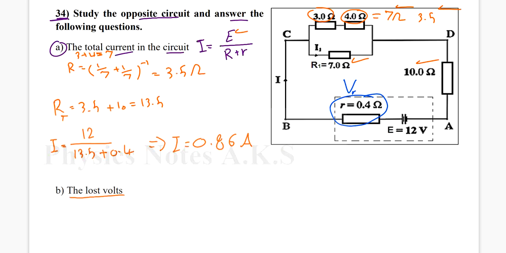And we know from before, any voltage is actually current multiplied by resistance. So it is the total current multiplied by the resistance r small, which is the internal. So the total current we found is 0.86 multiplied by the internal resistance 0.4. If I multiply,